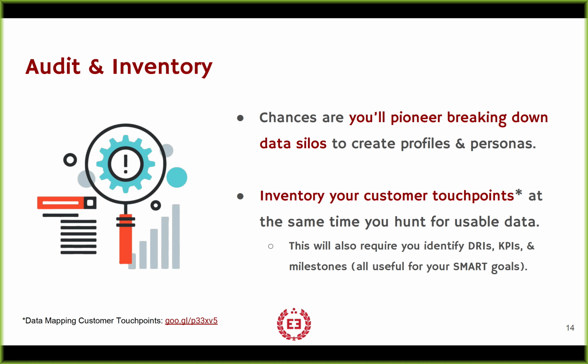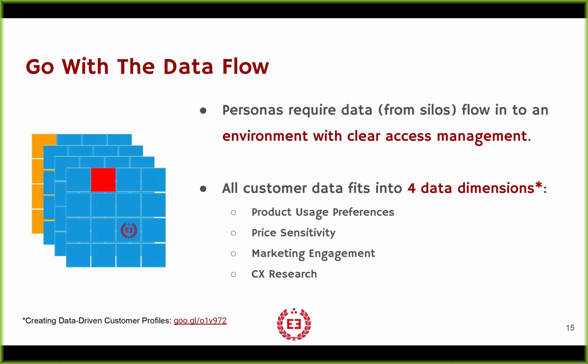And the first steps are auditing what's there and inventorying what's there. And we talked about this in the customer touchpoint lecture last time. The link down there will take you to that. You get a lot of information in that process of hunting internally that helps you complete your SMART goals, helps you map the touch points, helps you audit and inventory the data, and start moving towards a system where data flows. This is one of the big problems that organizations have to solve in order to survive this digital transformation.